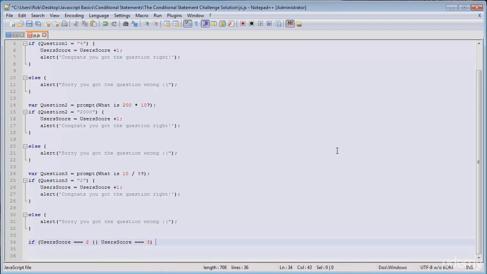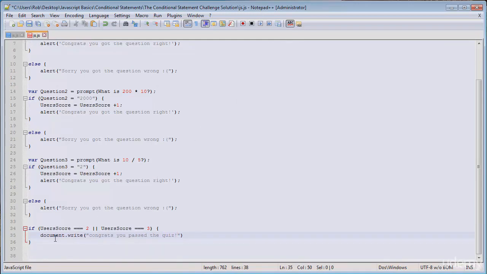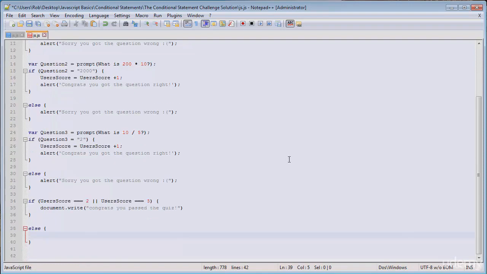Because what we're saying here is if the user scored 2 or 3, we can use that. And if the user did score 2 or 3, then the result will be true, and then we can write something like, hey, you passed the test. Good job. And then for our else statement, we can write something like, if the user's score equals less than 2, then the user failed. And we will write something like,